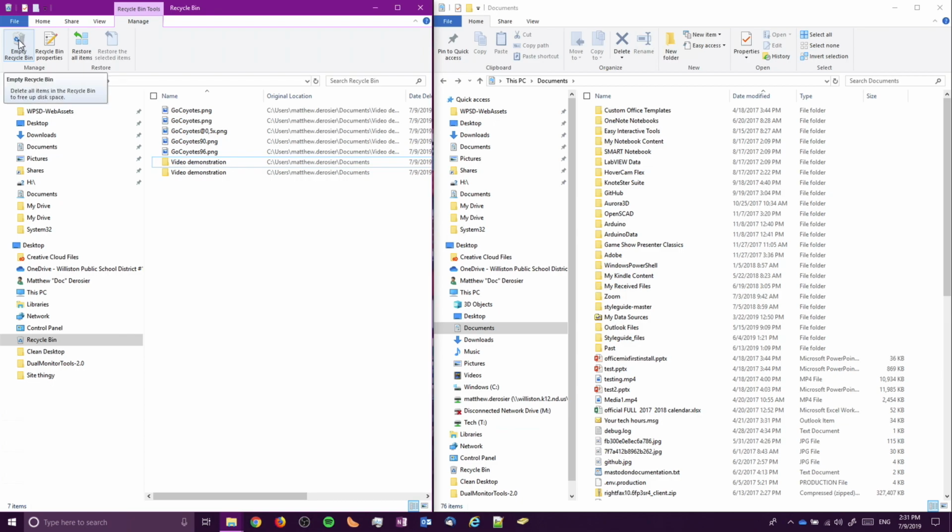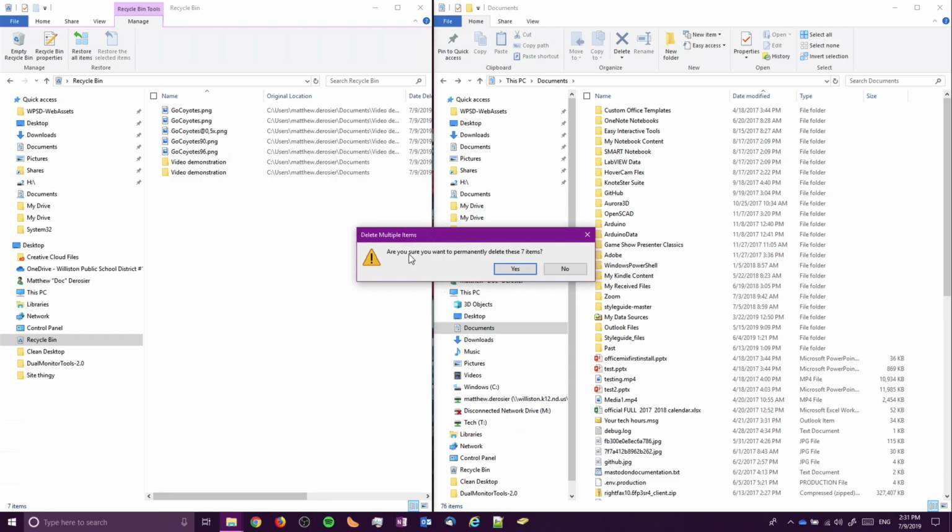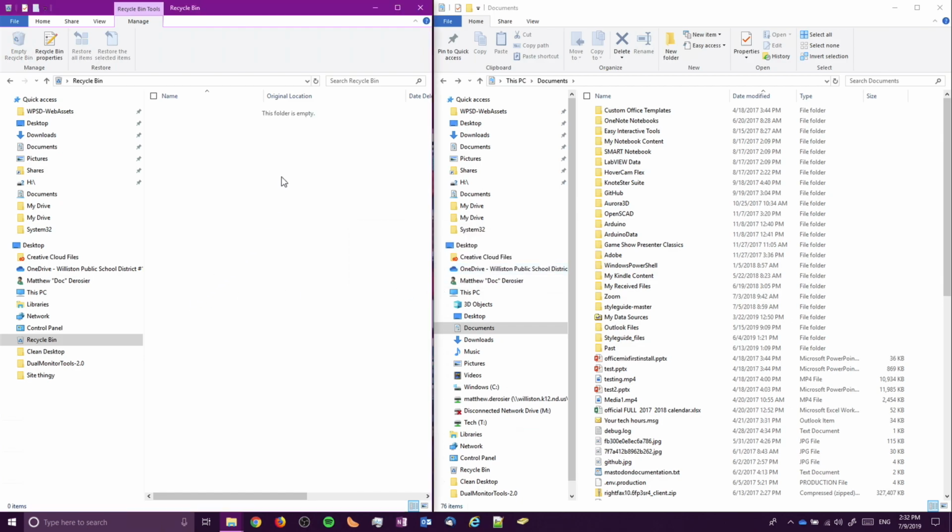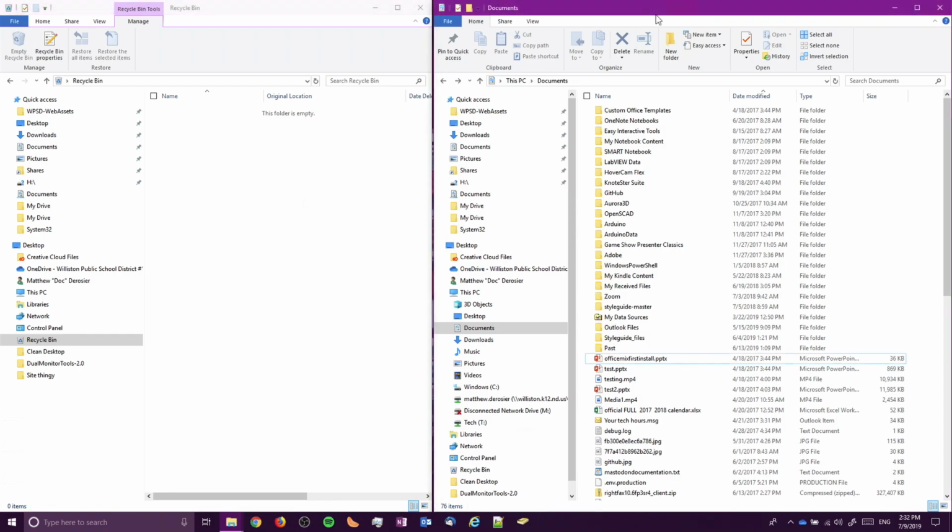We're going to click empty recycle bin. It asks you, are you sure you want to do this? This is your last chance to back out. I'm going to click yes, and now those files are gone, and that's freed back up the hard drive space that they were taking. Okay, so there are two more things that I want to show you before I end